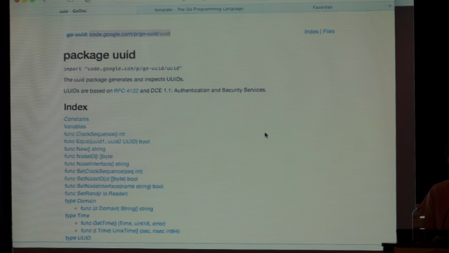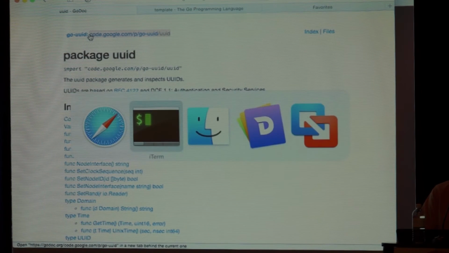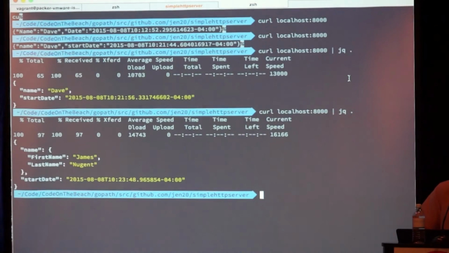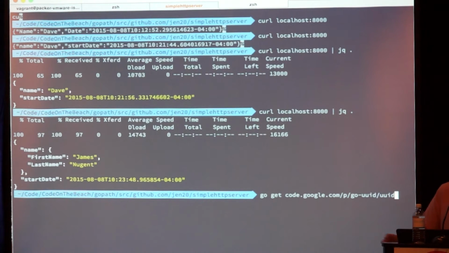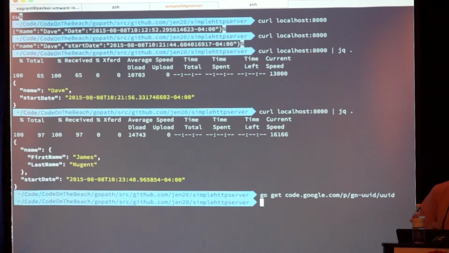So we just have to deal with that. To download a library, there's no equivalent of a package manager as such for Go, but there's a command we can use to get a library if we know its URL. So we can use go get and then the package name, and that will download it and put it into